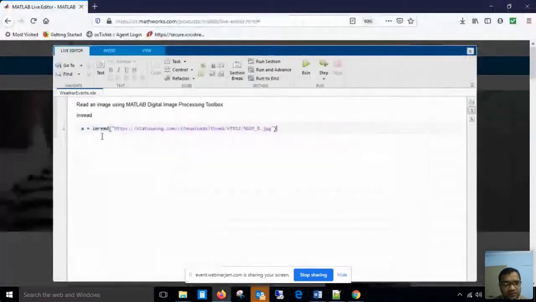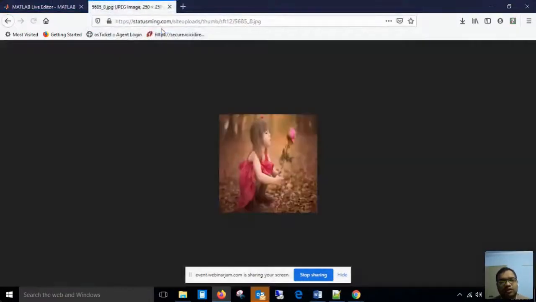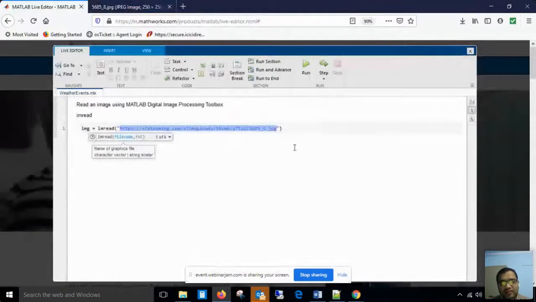I replace it. So instead of A, I am writing img. The imread function is there to read an image, and this is the file available on the internet which I want to read and I want to analyze. So I just put it in the browser and I can see what is the actual file, right? So I will be using this file for the analysis purpose and image processing lab purpose. So I have used this command and then I press the run command.